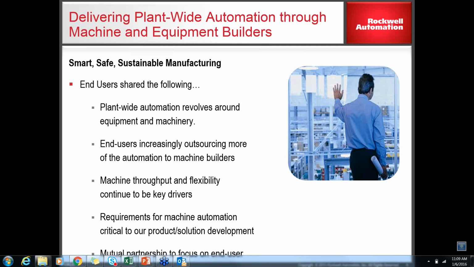As I said, end users would like to focus on their core competency, and they would like to offload the automation part and the machine building part to the subject matter experts, which they see their technology suppliers like OEMs to be. So throughput and flexibility put a significant burden on the automation equipment. Machine builders can achieve better results if they establish a closer relationship with the automation technology provider. This is what I would like to communicate with this slide: machine builders have a vital role to play in delivering the plant-wide optimization for the end users. And herein, end users and OEMs have a closer relationship with the technology suppliers.